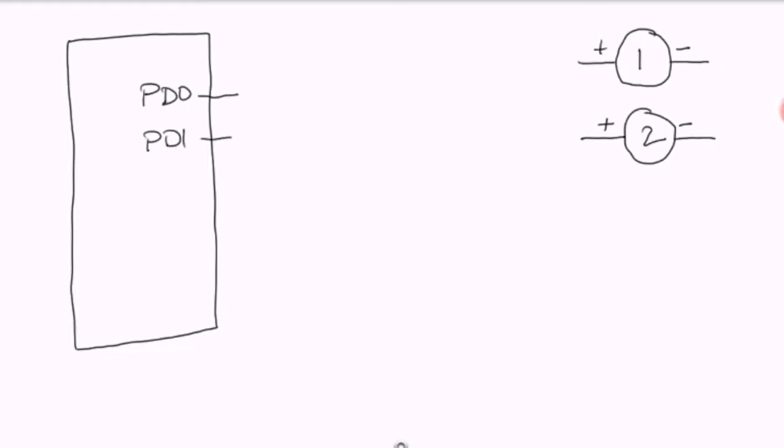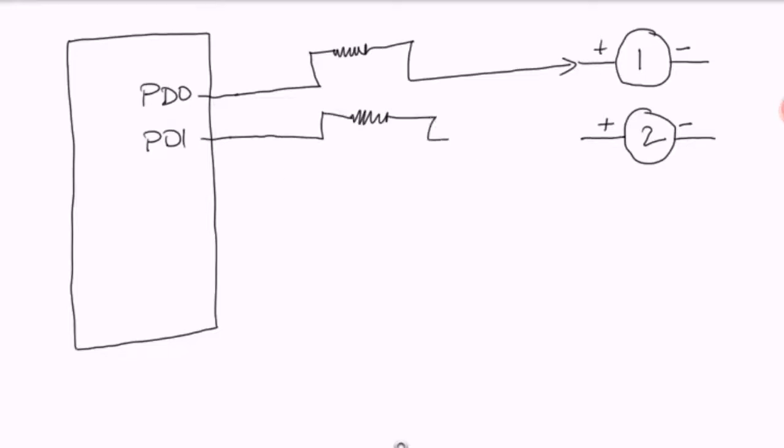Let's connect the PD0 pin to LED1 and connect the PD1 pin to LED2. And then we have a ground pin on the discovery board. Connect the negative sides of the LEDs together and connect them to the ground pin on the discovery board.